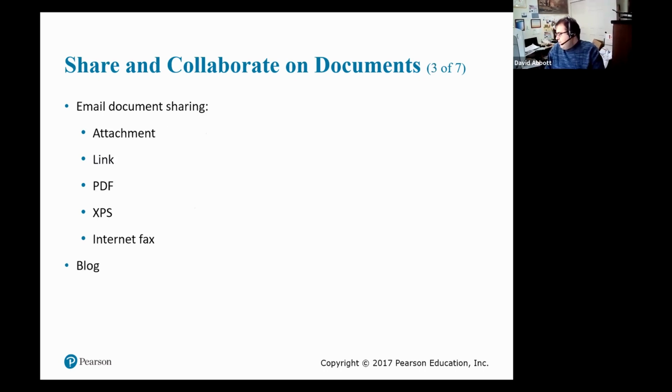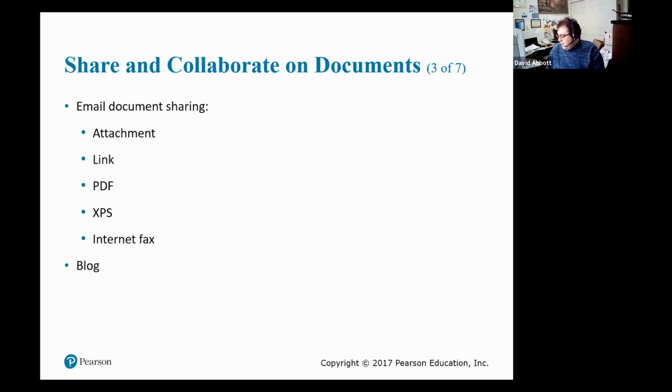Now, there are 5 ways to send a document using email. You can send as an attachment where everyone gets a copy of the original Word document to review. You can send a link. Everyone receives a URL link to work on the same copy that was saved in a shared location such as